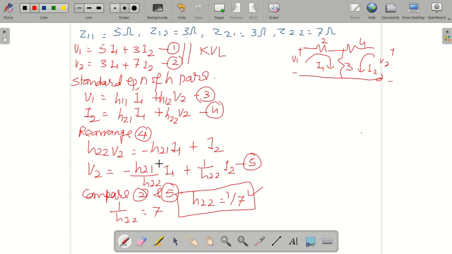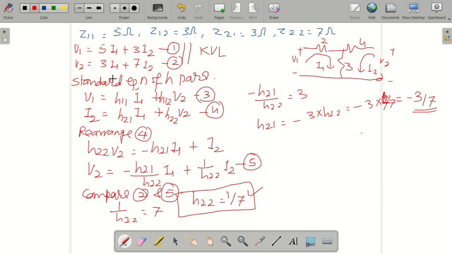Okay, and my 3 equal to what? Compare 2 and 5. So what will come? 3 equal to what? This, so minus H21 upon H22 equal to 3. So H21 equal to minus 3 into H22, minus 3 into 1 by 7, so minus 3 by 7. So I got H21 equal to minus 3 by 7, right? Now,